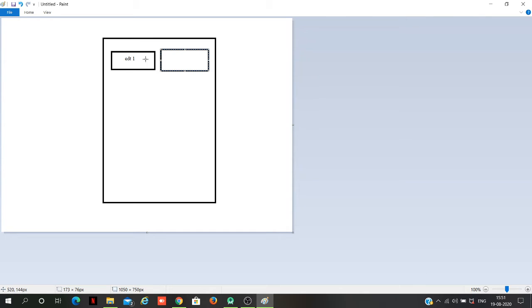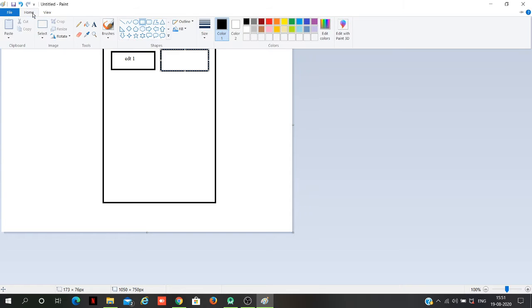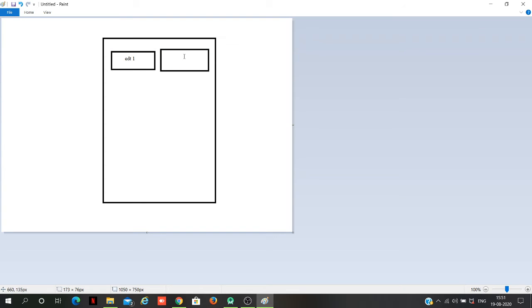So edit text 2 will be aligned on the right of the resource ID I have given, which is edit text 1. So now I'll be aligning edit text 2 on the right of edit text 1. This is how it works.